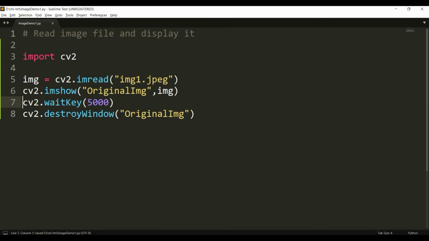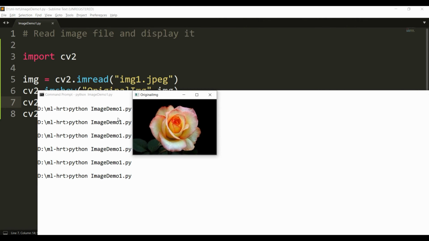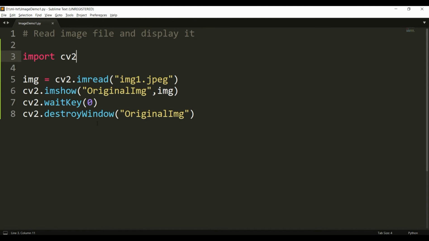So that we can do. Let us check this one here. And now it has closed, as well as the resources are also released. So by means of destroyWindow, the resource occupied by that particular function is now removed. So it has been destroyed.